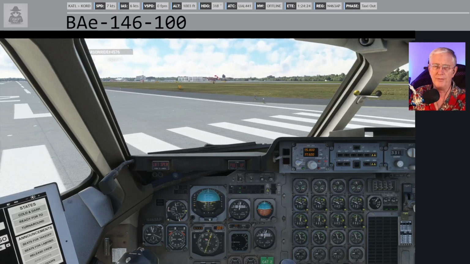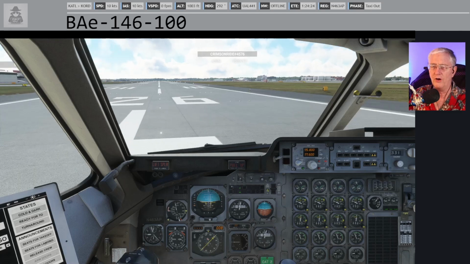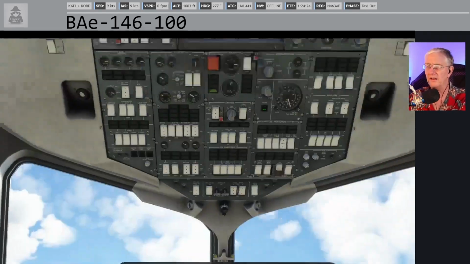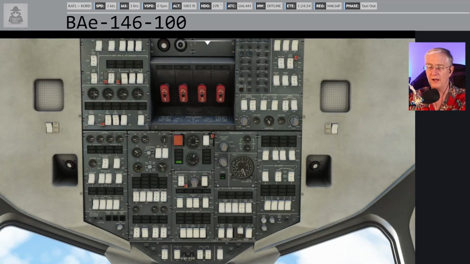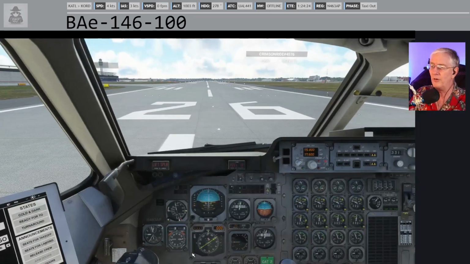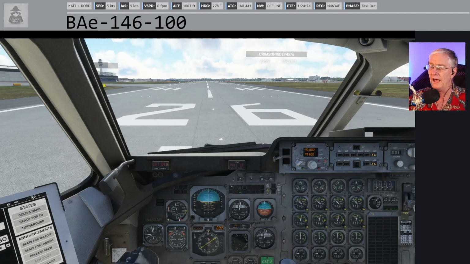We'll line up. The tutorial says they want you to stop on the runway here, so we'll go ahead and do that, but eventually at a busy airport like this, you'll want to do a rolling takeoff. Last step of the process, lights go up to landing lights from taxi. Shall we go? So throttles, hands on all 4 throttle levers, the other hand's on the stick, and throttles going